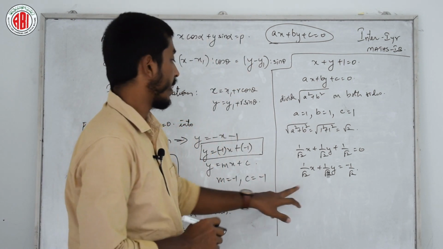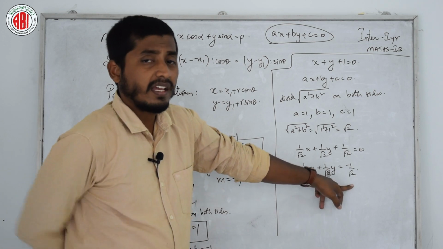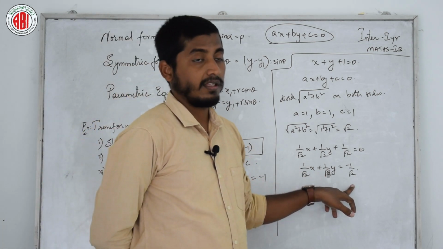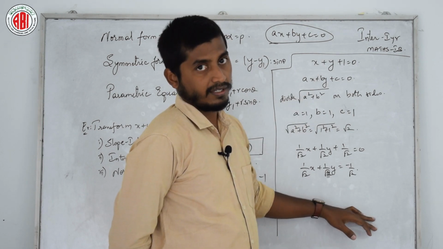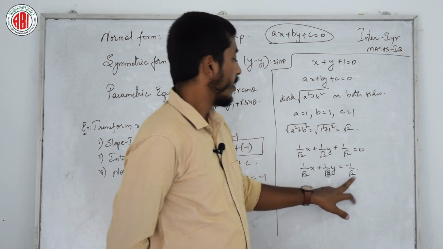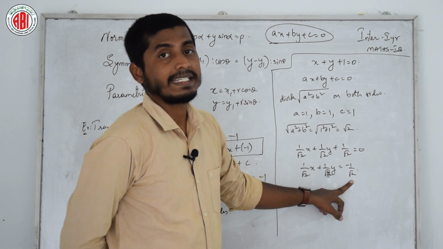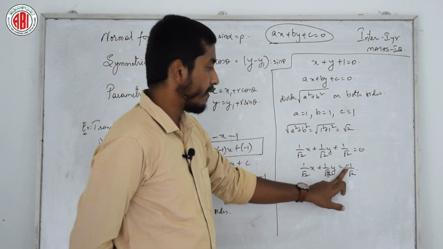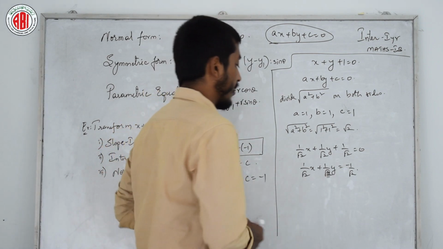Now see here, x cos alpha plus y sin alpha equal to p. What is p here? I am explaining the highest level of the problem in finding the normals. It is not just simple, try to concentrate. What is the value of p? What is p actually? It is the perpendicular distance. Can p be negative? Distance cannot be negative, therefore we have to move this negative sign to this side.